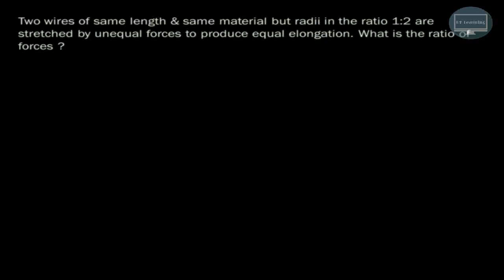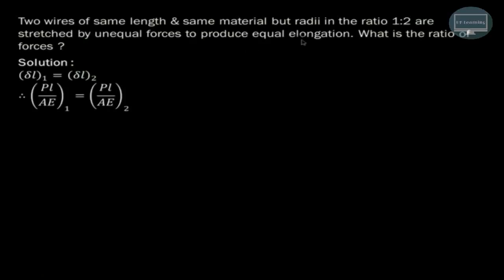So here we are having two wires of the same length and same material, but their radii are in the ratio of 1:2, and they are stretched by unequal forces to produce equal elongation. And we have to find out what is the ratio of these particular forces. So we know that in this particular case, they are producing equal elongation, and therefore delta L1 is equal